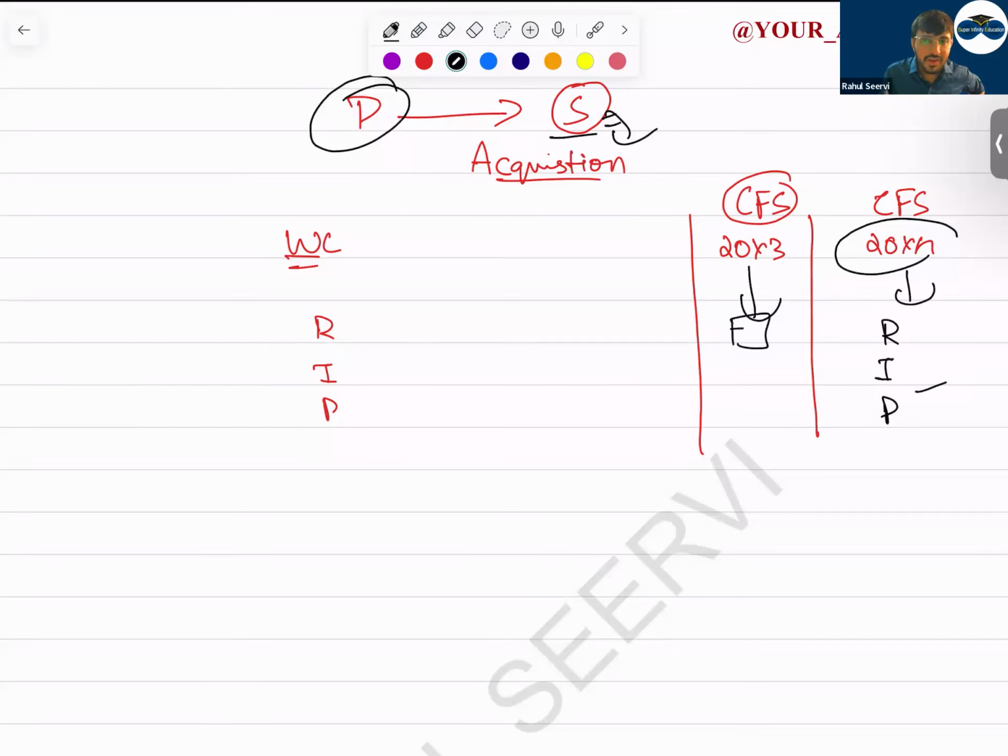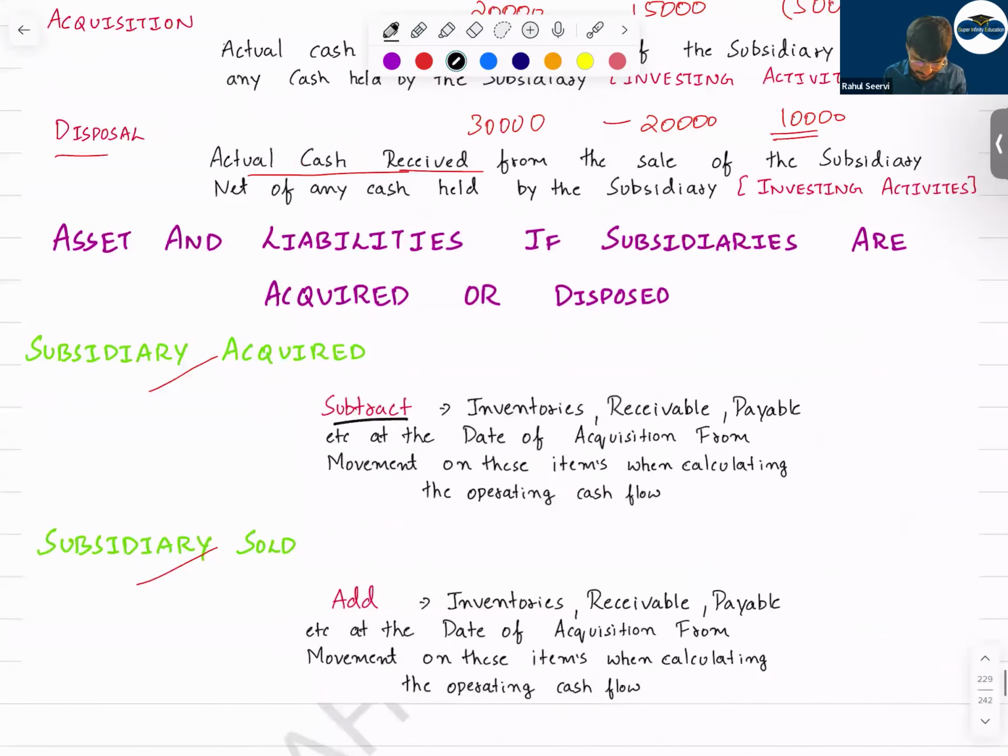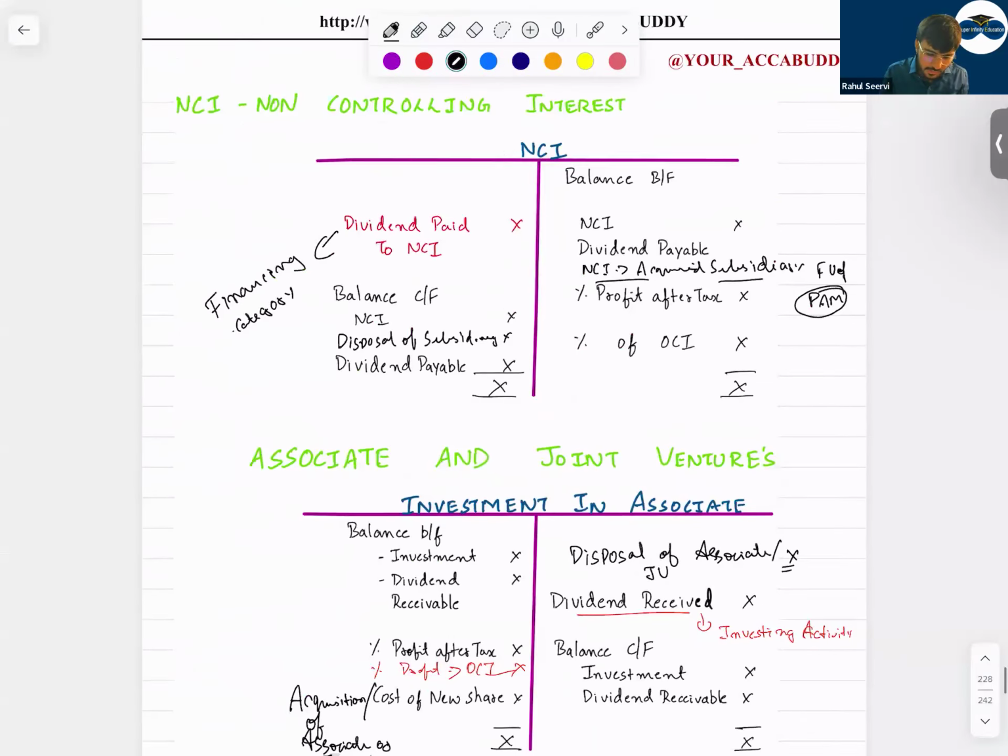In that case, when you compare the receivable of 2000x4 and 2000x3, will this be a like with like comparison? Never. It will not be a like with like comparison. So to make it like with like, what will you do? To the opening also you'll add the balance. To the opening also you'll add the value. So see here now, an example.